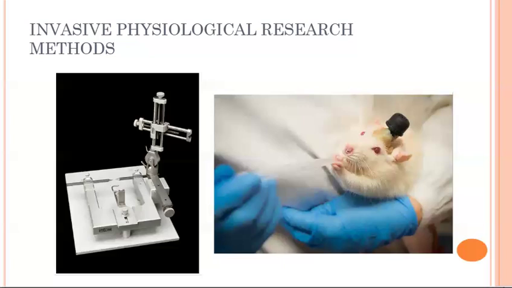So different types of invasive electrophysiological recordings include intracellular recording, or intracellular unit recording, I should say, wherein a microelectrode is inserted into a single neuron to measure its electrical activity. Extracellular recordings pick up the firing of one nearby neuron, a single unit recording, or several adjacent neurons, a multi-unit recording, and also invasive electroencephalography, or EEG, wherein a large electrode picks up the electrical brain activity of a